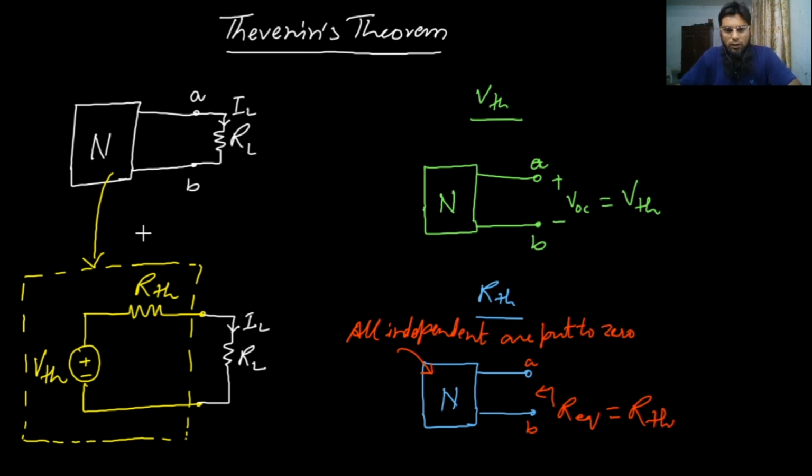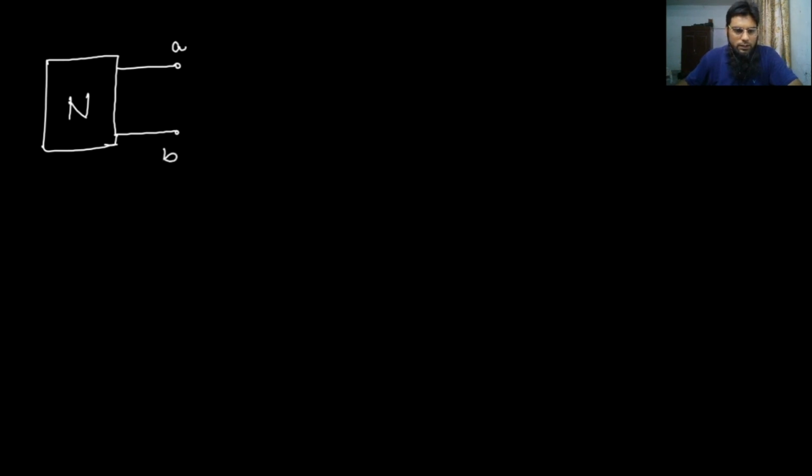In order to prove it, we have this network N consisting of independent sources and resistances. We connect a known external current source I, and then calculate this voltage V,